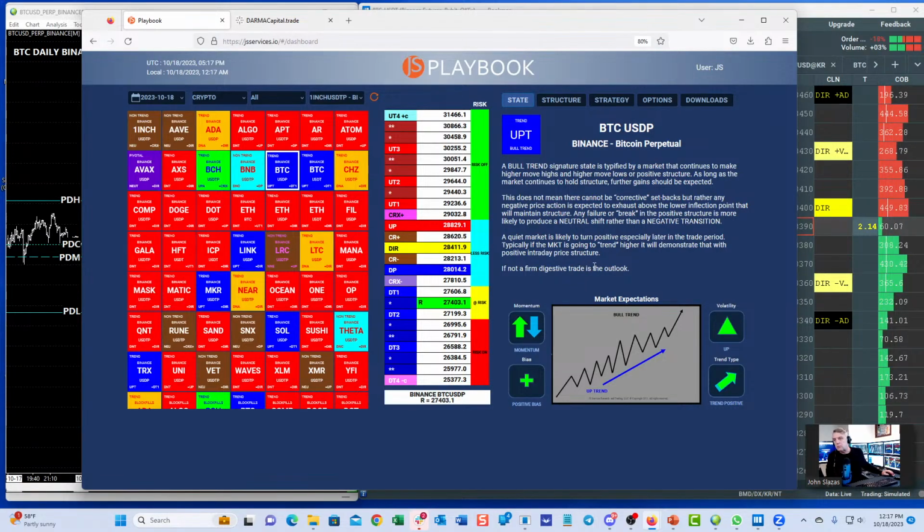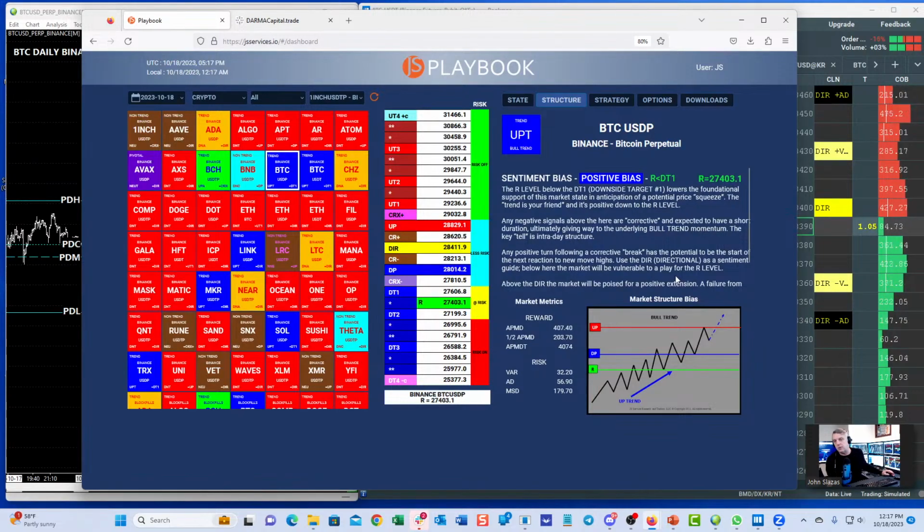And so, with that context, we define the structure of it. As I mentioned, we understand that this market's in a bull trend, but where are the key inflection points that define that trend? Today in Bitcoin, this green line is what we call our sentiment bias, and this represents literally the over/under number for any market, any time frame. If you're going to draw one line on the chart, this is the balance point where the bias shifts from positive to negative. Period.